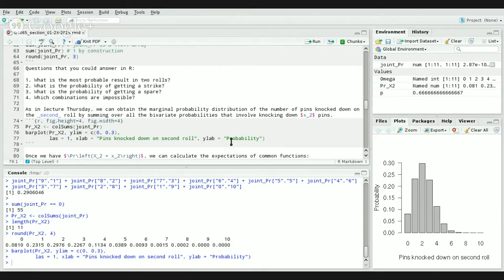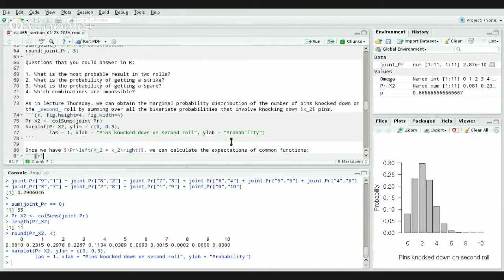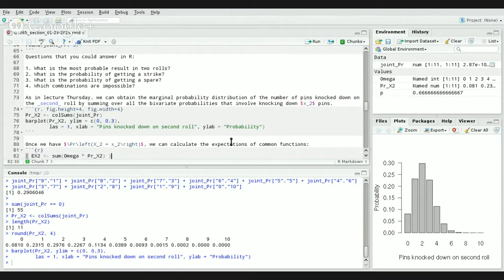That is to say, the marginal probability of knocking down x2 pins on the second try. But that marginal probability distribution, although useful and entirely valid, is not something that has any name. It's just the marginal probability of knocking down x2 pins under the data generating process that we've assumed. Once we have the marginal probability distribution for knocking down x2 pins on the second try, we can go on